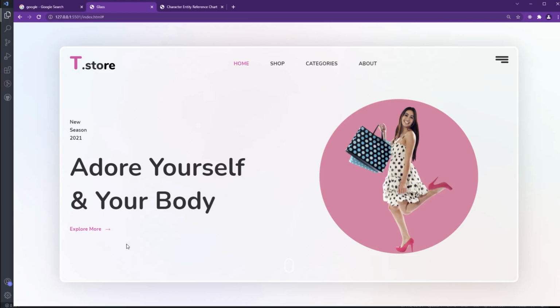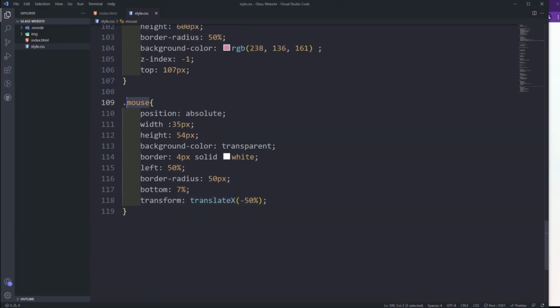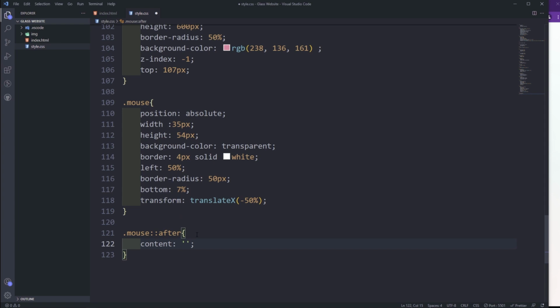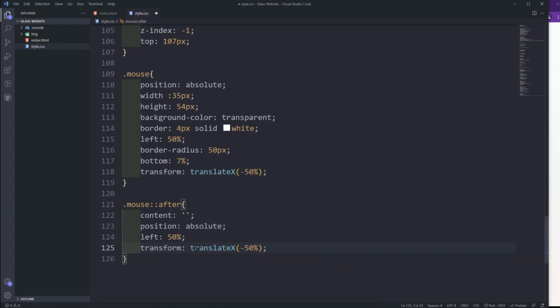We just need to put a dot inside here. So we're going to do an after pseudo element. We're just going to do the mouse, and then we're going to do after. We're just going to create a new pseudo element. So if I do content, I'm just going to do an empty string, because we want to style this whatever we want. We can make anything we want from this. And then it's going to have a position of absolute, same styles here, position absolute left 50% as well. Width and height is going to be the same,